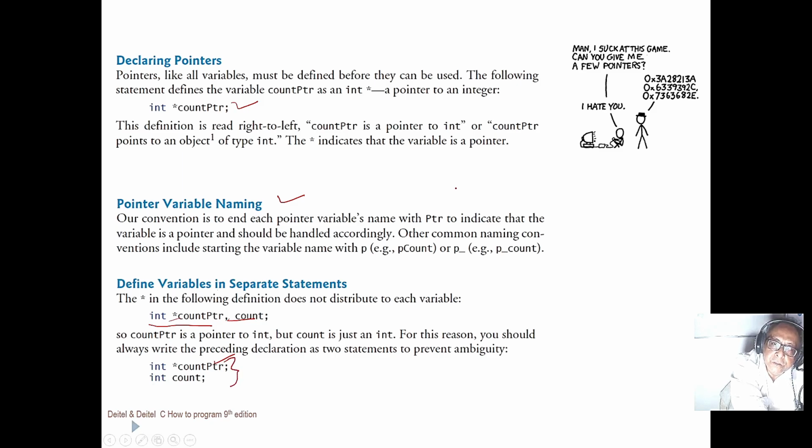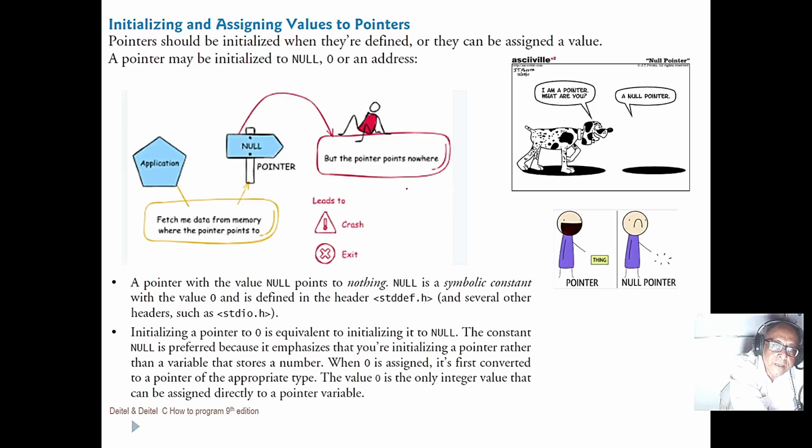And there's a joke meme here that a pointer is nothing but some addresses, hexadecimal addresses. So that's it. Null pointer: we have said that a null pointer should not be dereferenced, as it points to nothing. There's another meme like this: null pointer is nothing. Initializing a pointer to 0 is not a preferred choice in documentation. It is always better to use NULL, which is defined in the C header files.